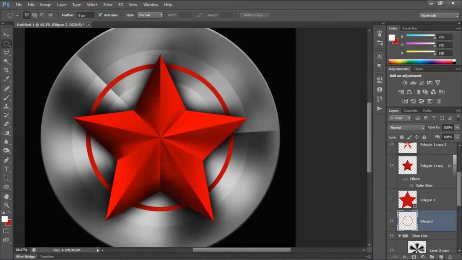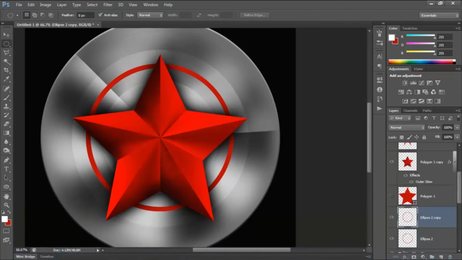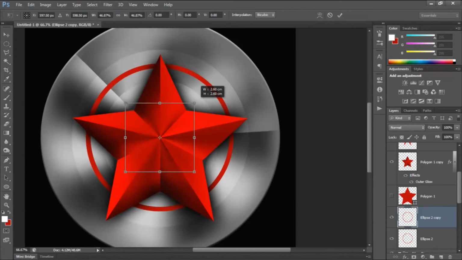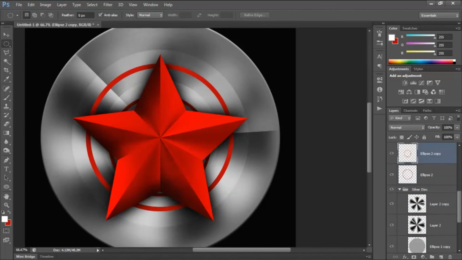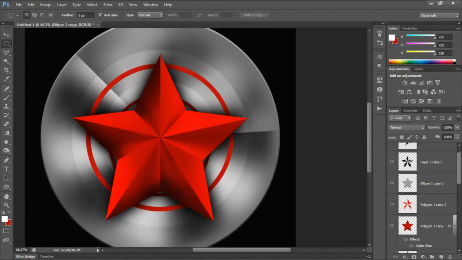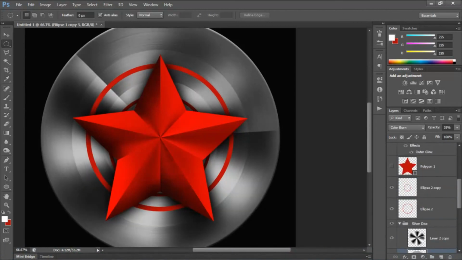And let's make another duplicate of that. So another smaller one, say around here maybe. That would do. And let's give it the metal look that we want. So create a duplicate of this one and bring it on top of here,